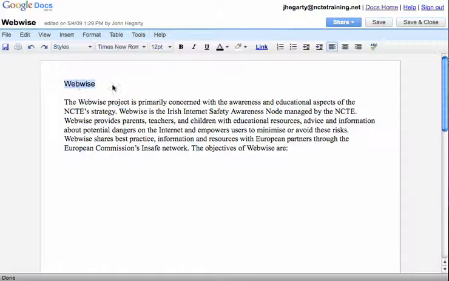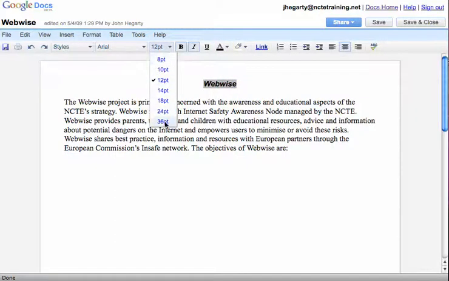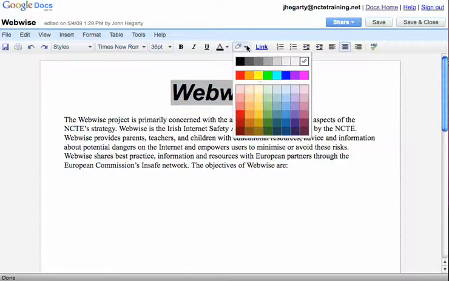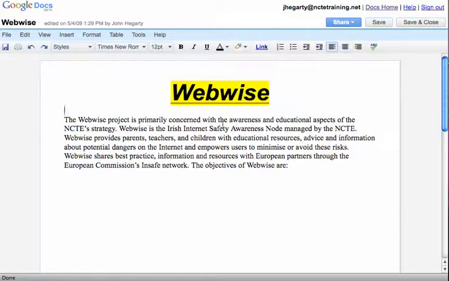So if I select this piece of text here, I can center it, I can make it bold, italic, underline, I can change the font color, I can change the font size. So I'm going to make this 36, good and big. I can also highlight text, so I'll make this one yellow, so it looks fairly hideous at this stage, but